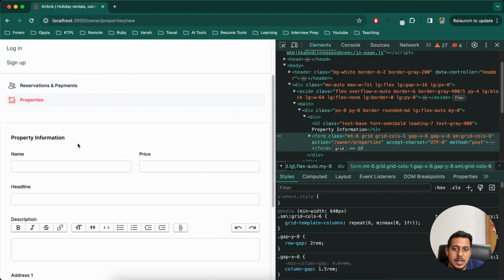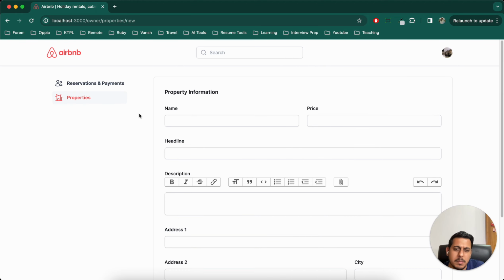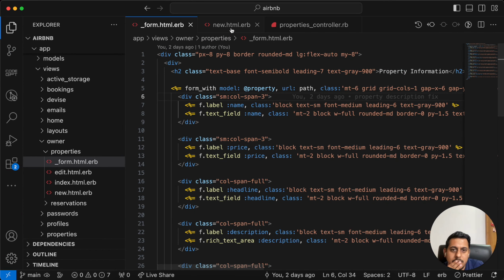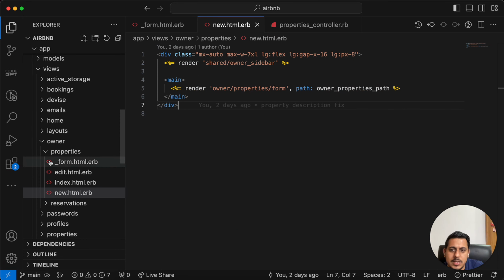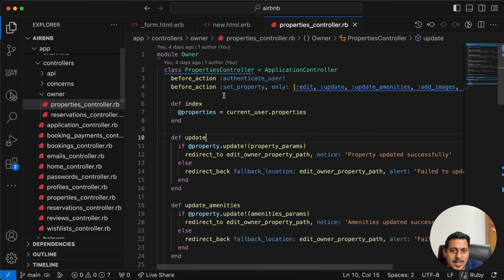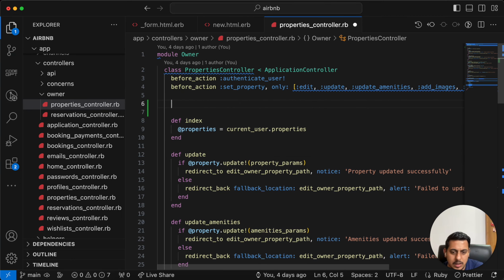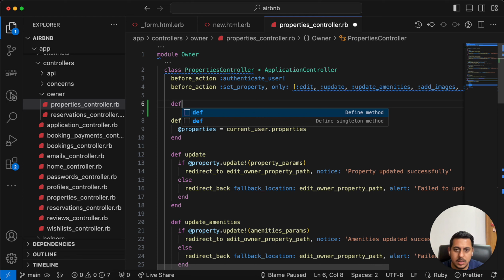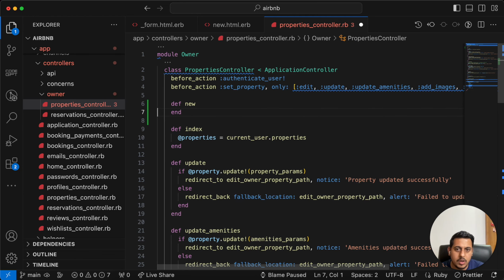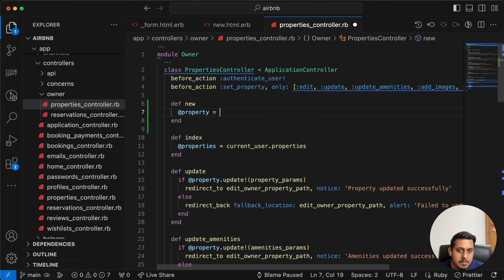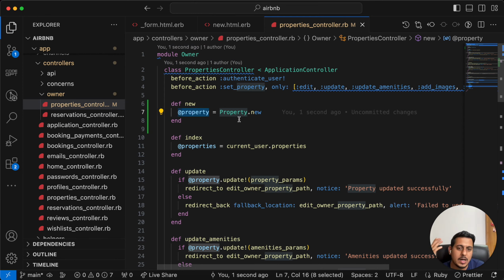Okay, so basically there is no property model, we can say here. So what I will do is I'll create an empty property model. This is not actually required, but it's a nice convention that you create an empty new property model here. So new, and what do we need? Add that property. Again repeating, this is not compulsory, it depends upon your coding approach. I generally tend to use this, and I have seen a lot of articles where they tend to use this. It is, we can say, a Rails convention, that you create an empty one and later on you will submit it. Let's refresh,